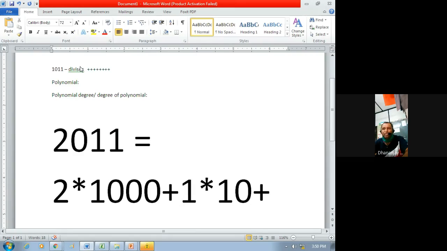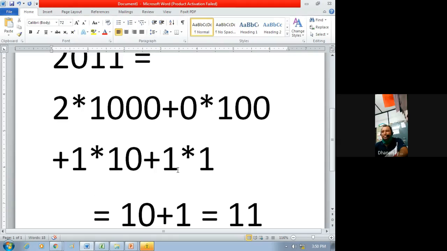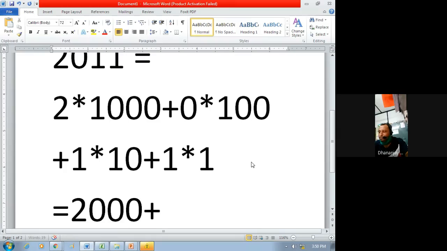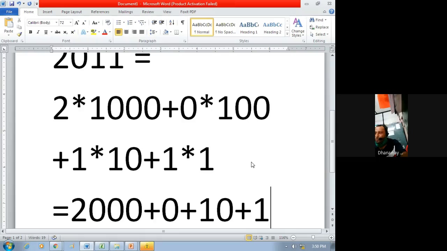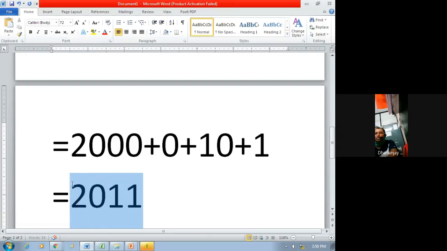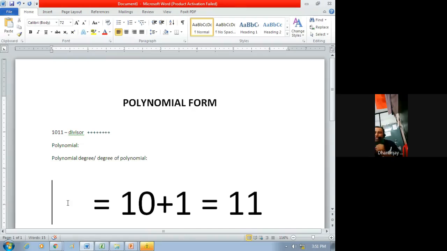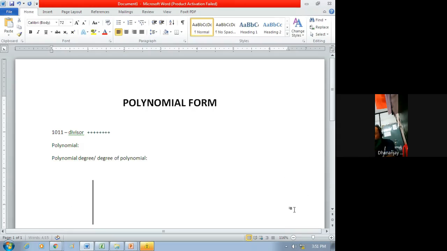Next will be plus 0 into 100 plus 1 into 10 plus 1 into 1. आणि मग ह्या सगळ्यांची क्युम्युलेटिव्ह ऍडिशन आपण करतो. That will be 2000 plus 0 plus 10 plus 1, and then we reach the answer as 2011. So this way, when we go for finding out the details or data values in decimal,